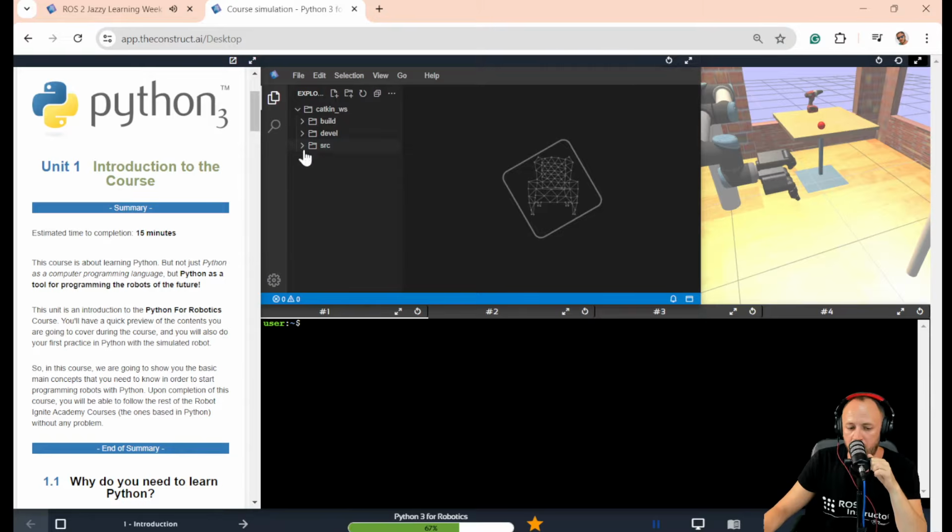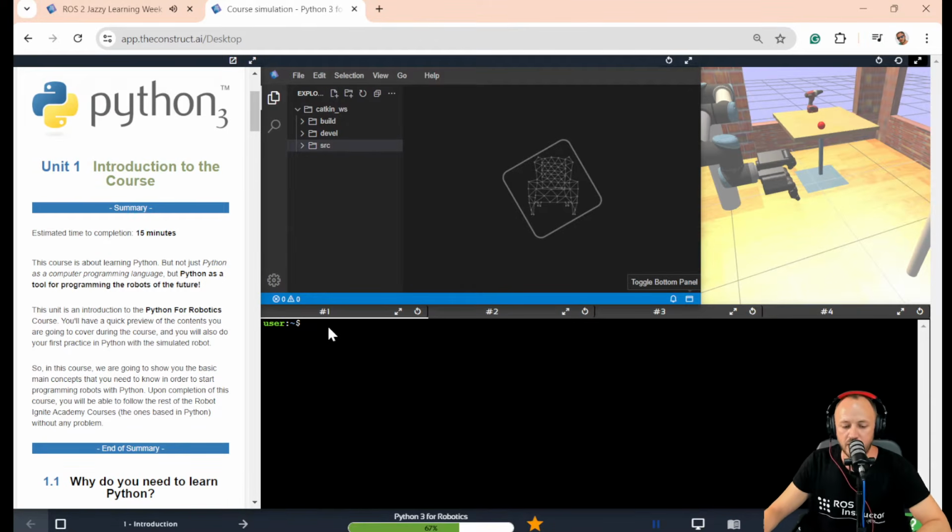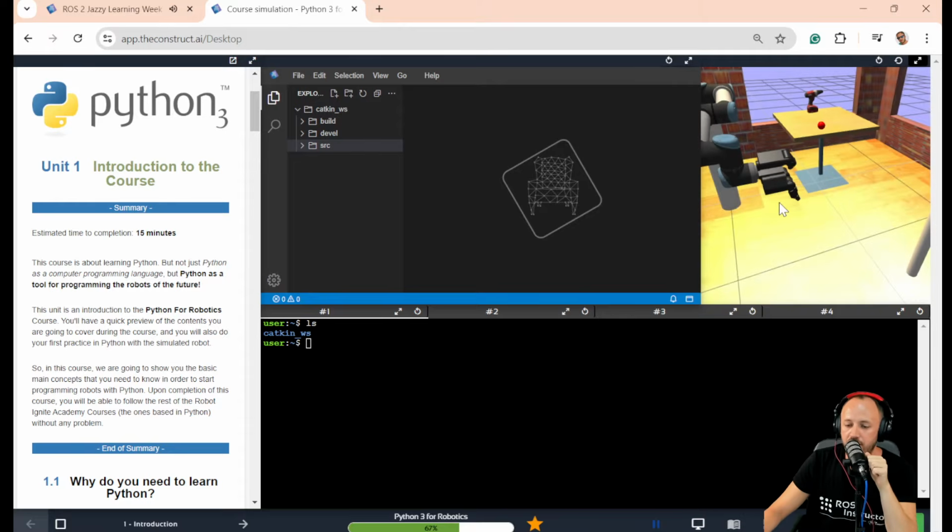This is a regular code editor where you can manage your folders, files, create new files, edit code, etc. Now here, also in the center part of the screen, but in the bottom, you have the terminals. These are Linux shells, Linux terminals, where you can type commands, like the ones that we learned yesterday. All right? And then finally, here in the